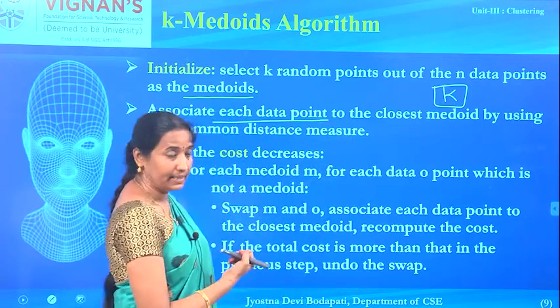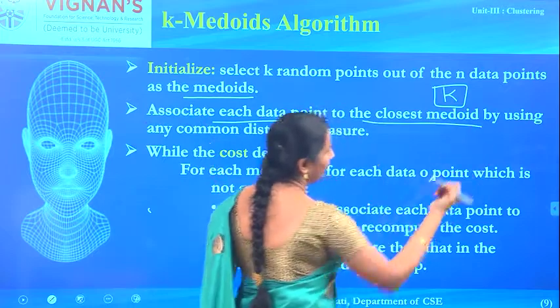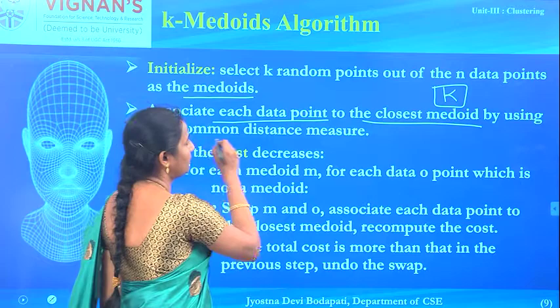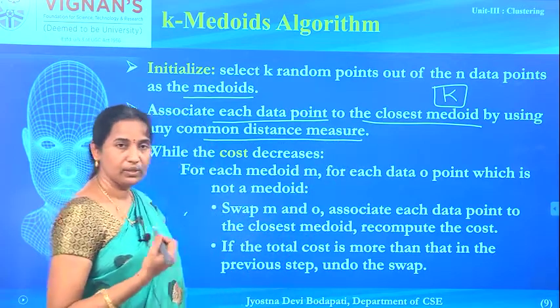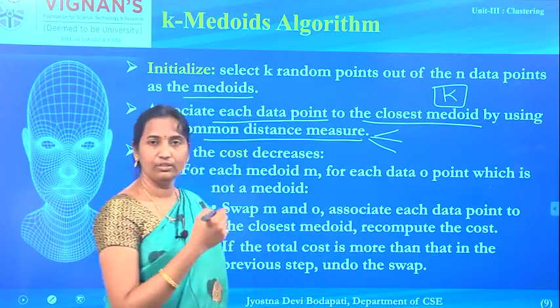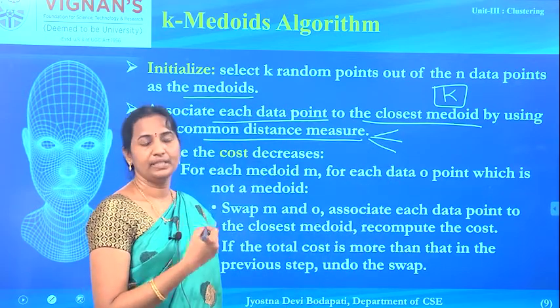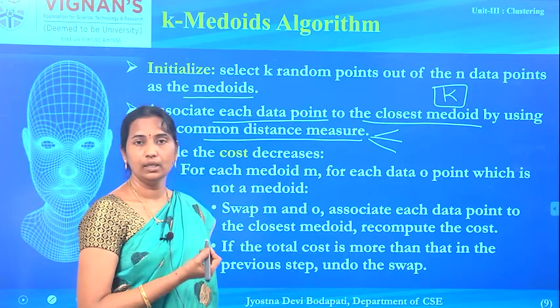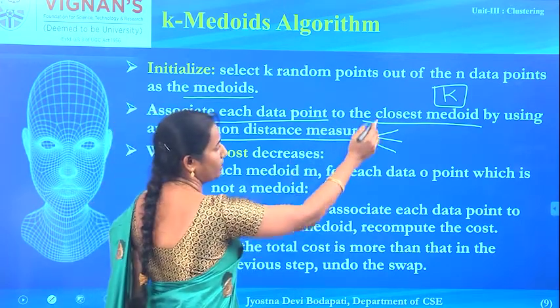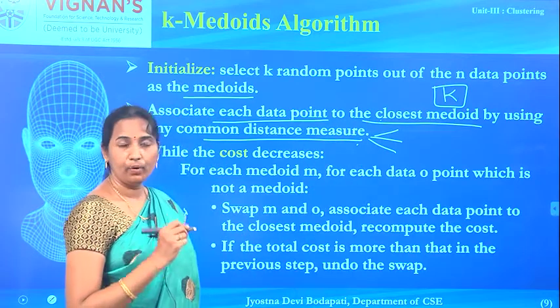in the data set to the closest Medoid, and to assign every data point to the Medoid, we can use one of the distance measures. This can be any of the commonly used distance measures, and you can choose any of them depending on the type of data you are using, or depending on the application you are using. And once that is done, the initial assignment of every data point to one of the